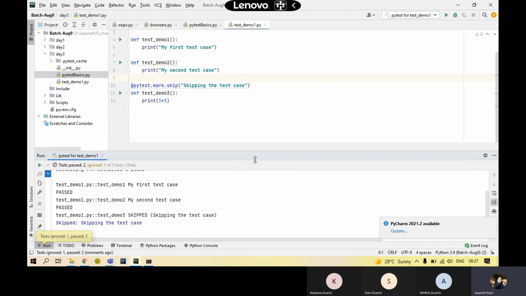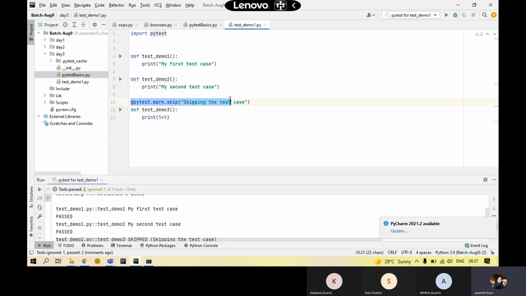Okay. So over here, when you are giving the skip command as an annotation on the top of a function,